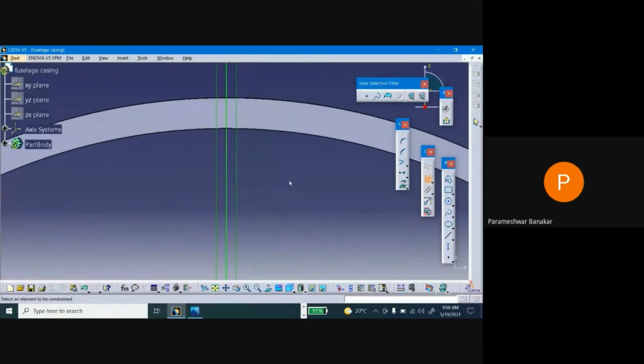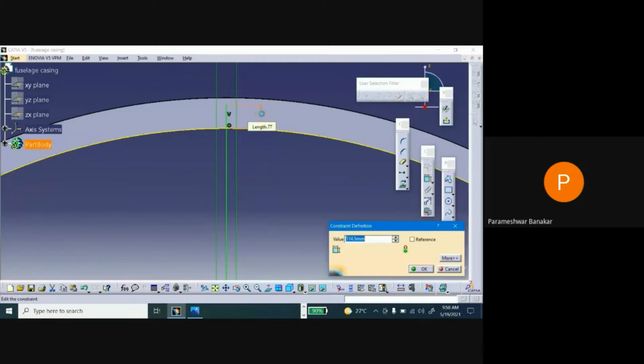So now what we can do, as I said, project 3D elements. Click this line. You will get one yellow line like this. From here, first you delete this extra line which has come out. From here you can create one more line of 100 mm like this. From this, create one line, give the dimension as 100 mm.